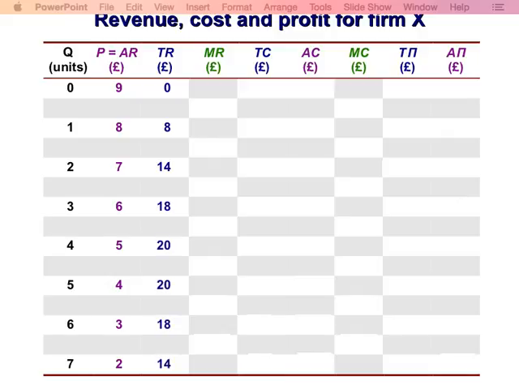Next, the total revenue is the product of price and quantity. Marginal revenue, as you know, is the difference between revenue at higher units and lower units. So you look at this. 8 minus 0 gives us 8 marginal revenue. So selling the first unit gives us the highest revenue. Selling the next unit gives us £6 extra. So marginal revenue is declining over time. Marginal revenue is the revenue from additional unit sales.